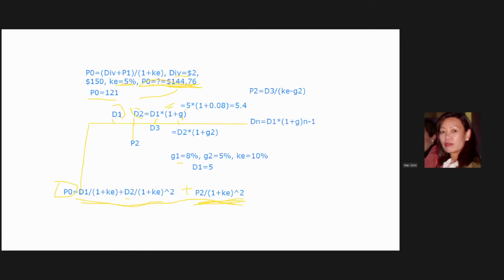So one period later, you get dividend 1. Next period, you get dividend 2. After this, dividend 3, 4, 5, 6, they are all growing at G2. The first one is fast growing; after that, they grow at a different speed. That's why we use P2. So D3 is at a different growth now. This is D2, and D3 is here, based on D2 and growing at the second speed.